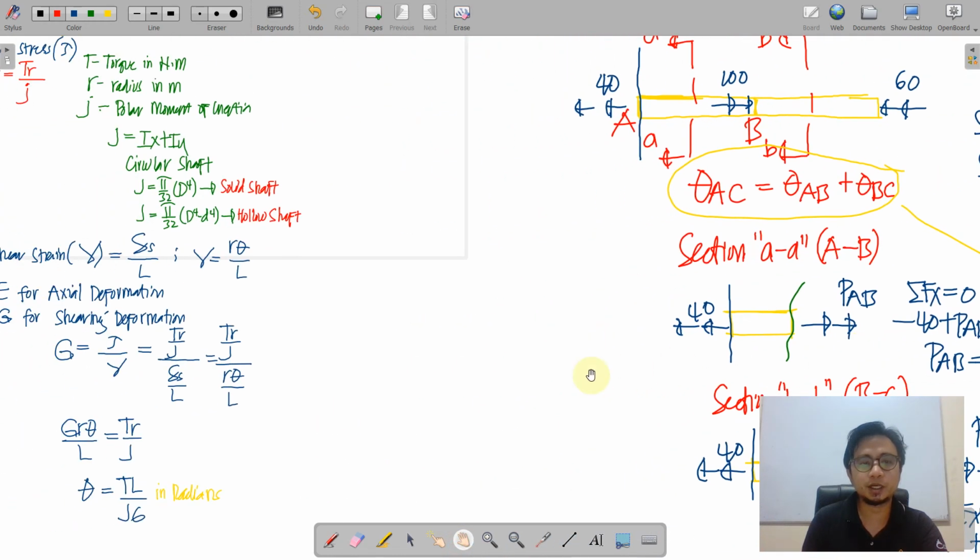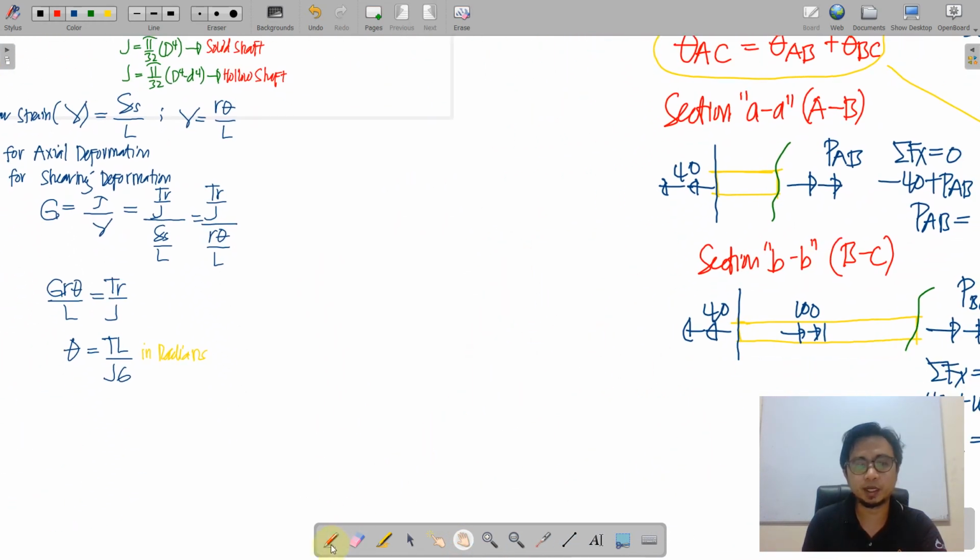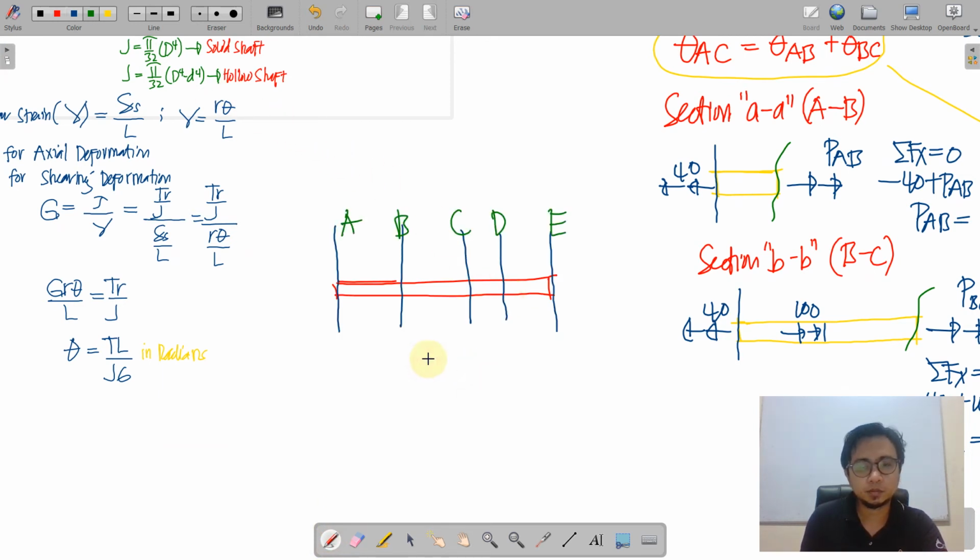Say for example, we have another shaft here, restrained at both ends, having several segments. So the ends are restrained. So we have the same procedure. We are going to follow the step-by-step procedure, but